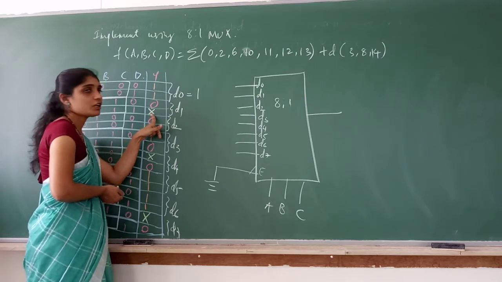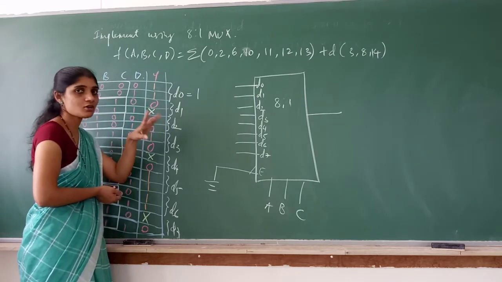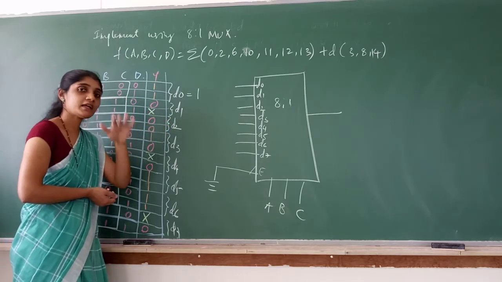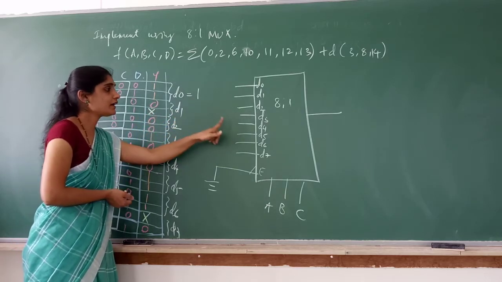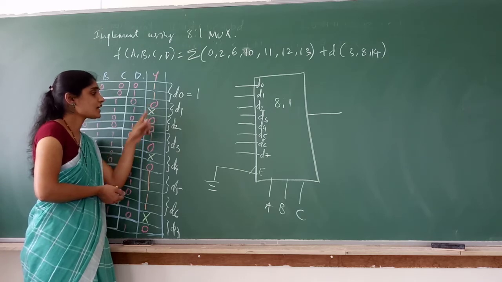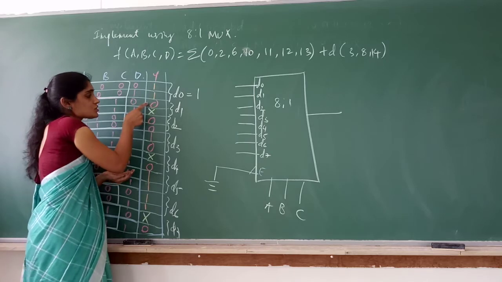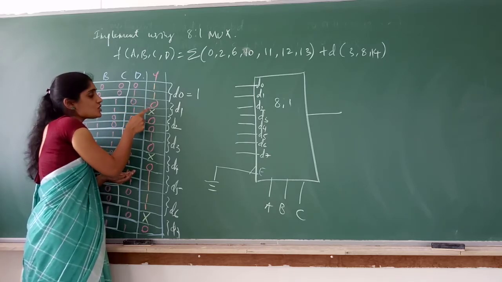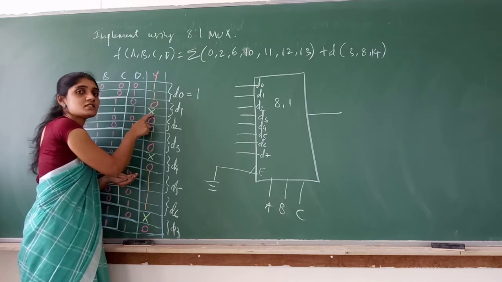what is the meaning of don't care? For this particular combination, output can be either 0 or 1. We don't know exactly what the output variable is taking. It can be either 0 or 1. Okay, so for this, to implement it using 8:1 mux, this don't care term will be taken as the value what the other combination is taking. So here the other input combination is taking the output as what? 0. So you assume that for this also the function is taking 0.